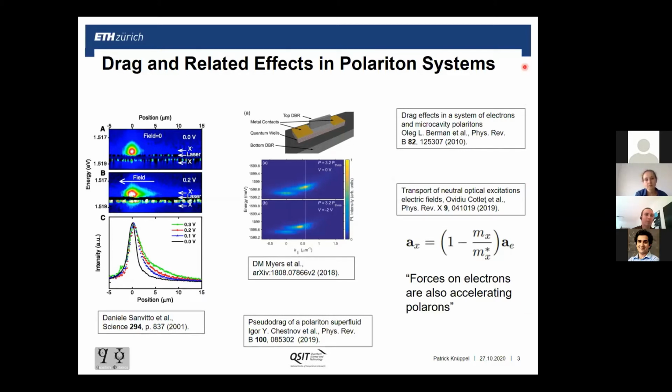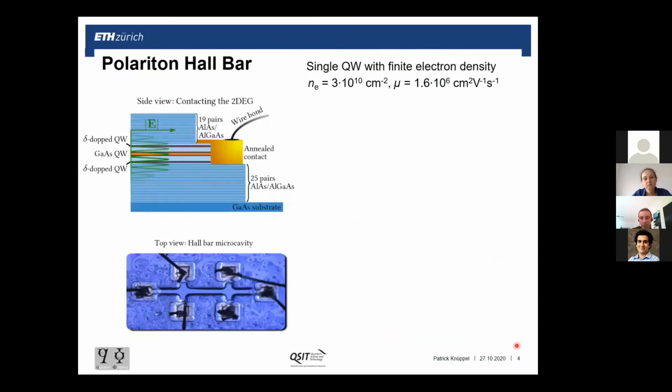However, what I'm going to share today with you is not really captured by those proposals, but still I will come back to those in the end, because I think it warrants further studies to find out what are then in the end the limits and possibilities of this fundamental question, how well we can control polaritons with electric and magnetic fields. So let me briefly introduce our system.